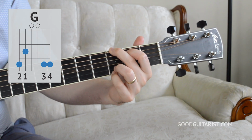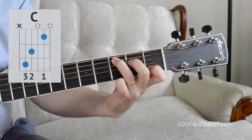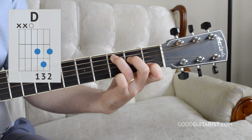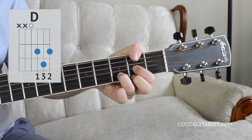Our first one is G. From there, we go to a C chord. And then finally, a D chord. Now those are some pretty basic chords that most people start off with, and if you have any trouble with